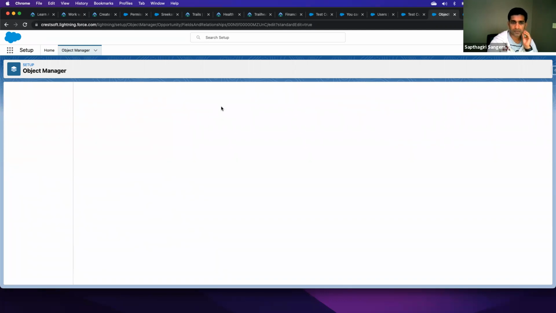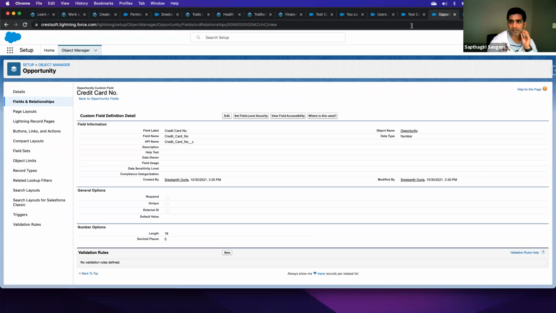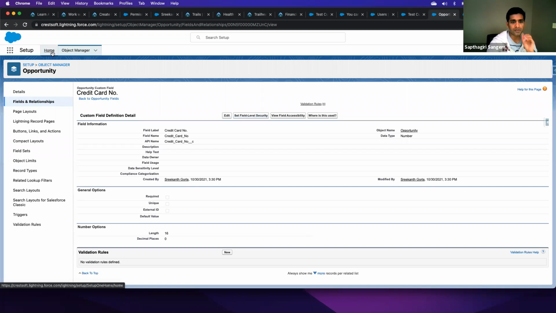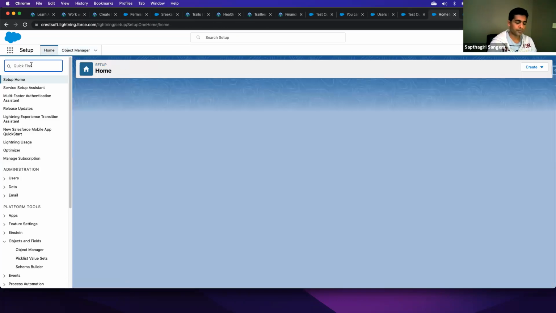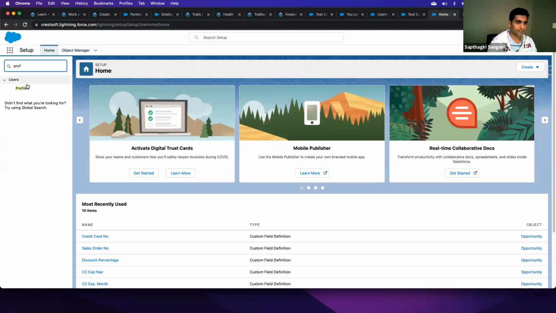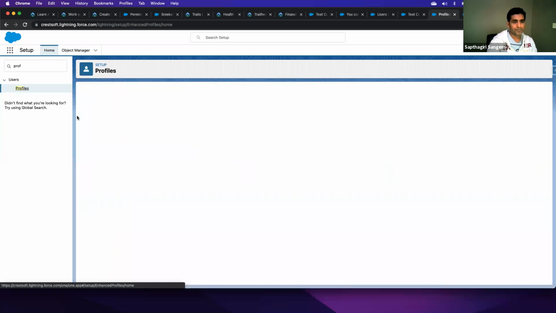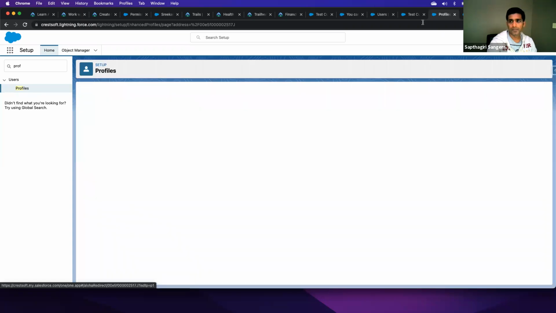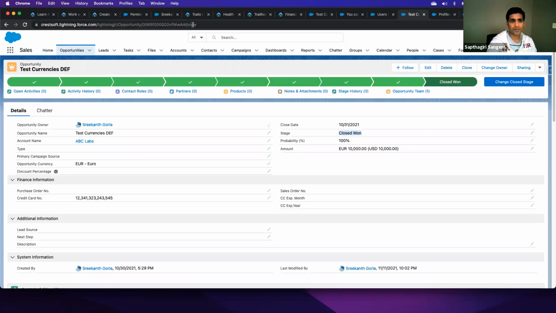Now obviously, because it is one opportunity, the account receivable folks should be able to see the record. Let's find one user, the account receivable user. And this is what I was saying. So maybe if you save this one, actually